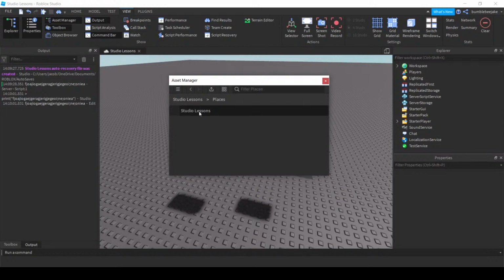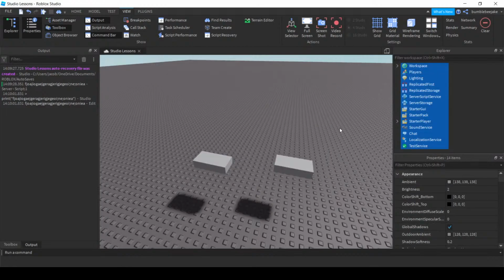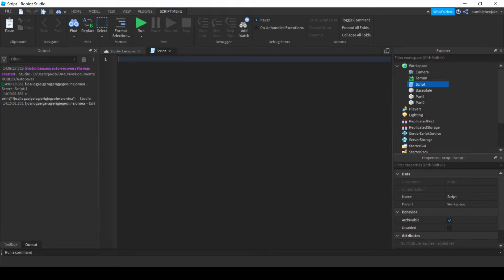Like here, you can see that I'm using the Studio Lessons studio, and there's only one place as part of the game, so there's that, which you can do whatever with. All of this exists inside of the game, but technically it's inside of that place, but when you're programming it's inside of the game. So if I go back to the script here, if you want to access anything in here, you can just type in game